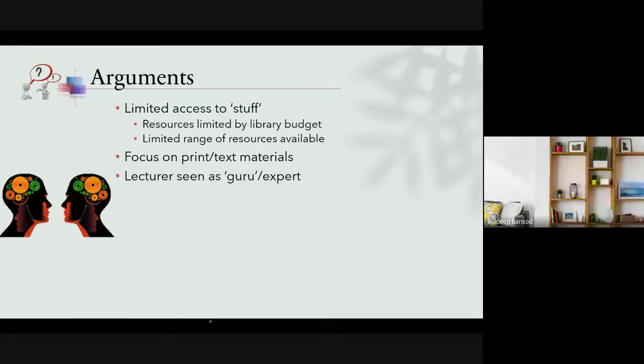Another lecturer is always seen as the guru and the expert. Students always thought that the subject knowledge is only and only coming from the teacher. Whatever book is taken by the teacher to deal inside the classroom, students also read only that book. They are only dependent on that book. They are not going to try another author's book. Is it the case?